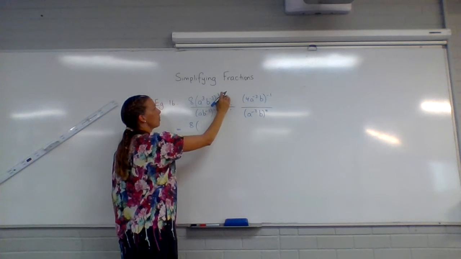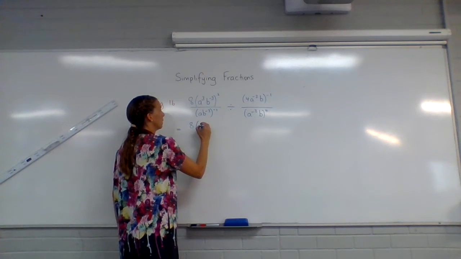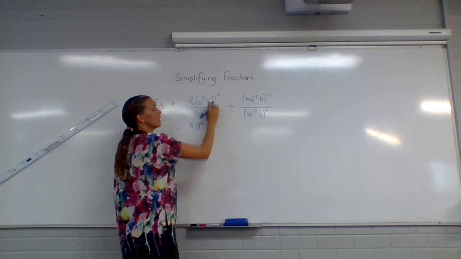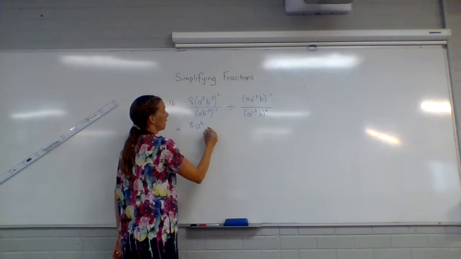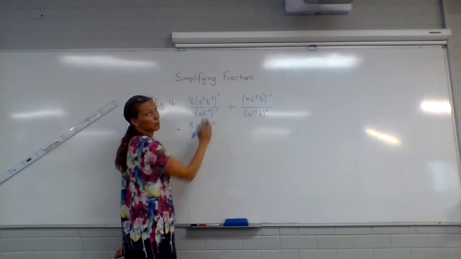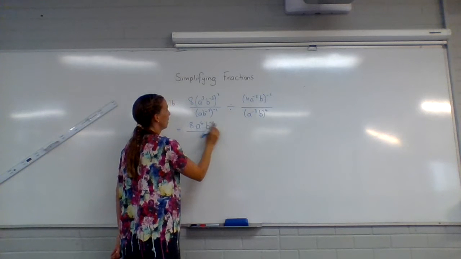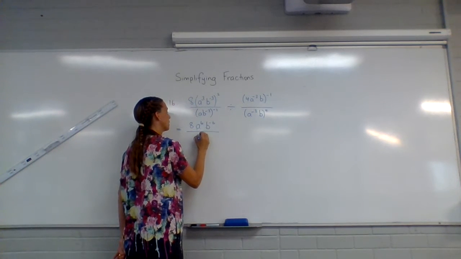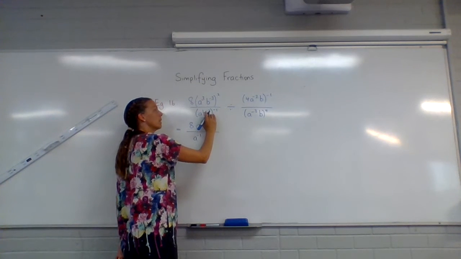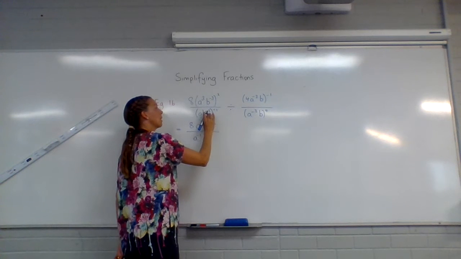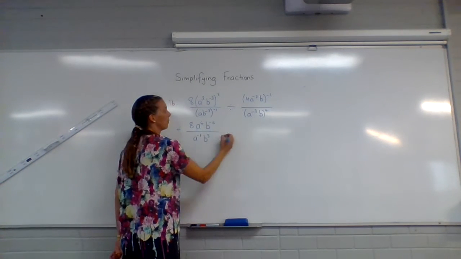A cubed to the power of 2 is a to the power of 6. B to the negative 3 squared is b to the negative 6, because negative 3 times 2 is negative 6. A to the power 1, all to the power negative 1, is a to the negative 1. B to the negative 3 to the power negative 1 is negative 3 times negative 1, which is 3, divided by